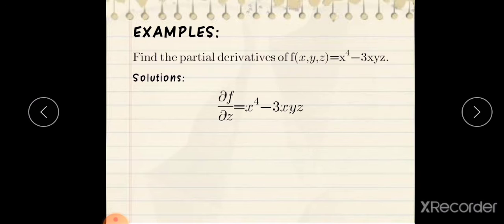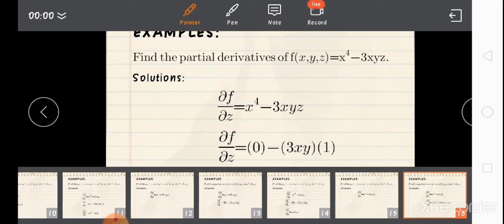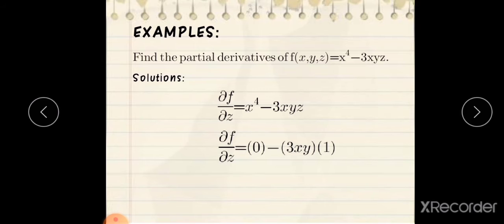So now, the next one we will get is the partial derivative of the function f with respect to z. As we can see in our given, to get the partial derivative with respect to z, we must treat again the other variables as constants. So in our given, the other variables here are x and y. Then you can take the derivative with respect to z. So the partial derivative of the function with respect to z is equal to the derivative of x to the fourth, which is 0,